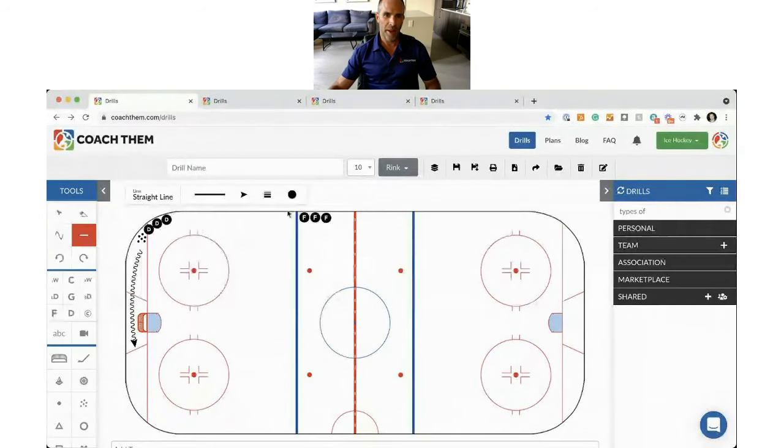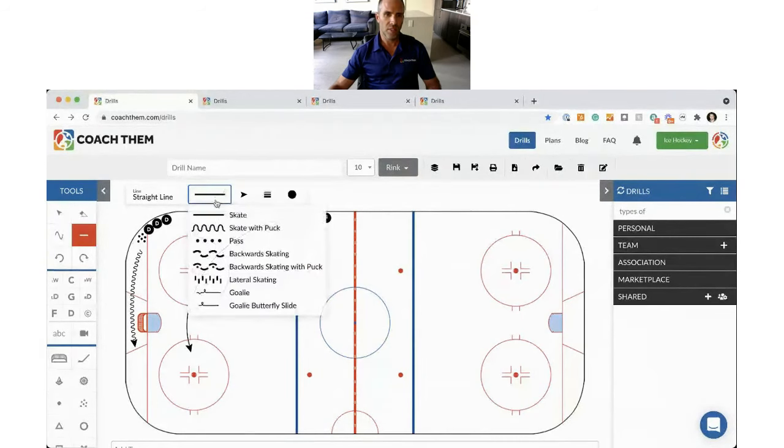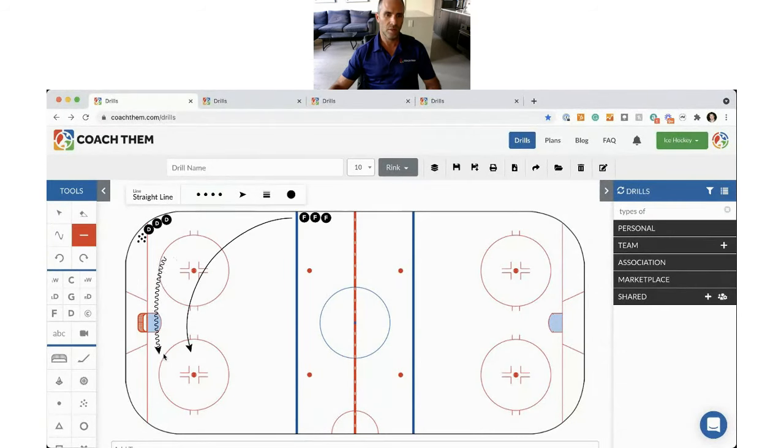So let's go and see how the straight line option works. You drag from where you're at to where you're going, and then you just select the line and it creates a little anchor point. Now you have that perfect arc, which is kind of cool. Now, if you want to go and draw your next line, you unselect it by selecting the ice surface. And so let's continue drawing this.